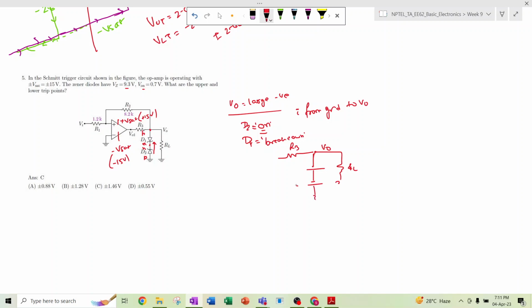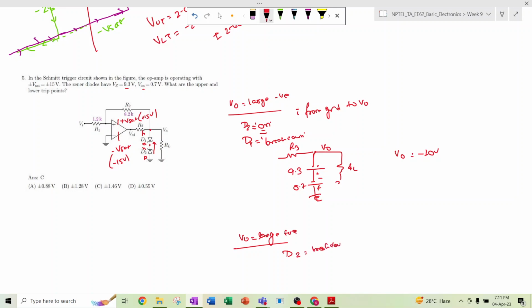Okay, so this is 0.7 volt and this is 9.3 volt. So this is plus, this is minus, this is plus, this is minus, so VO will stick to minus 10 volt. Okay, in the second condition, if VO is large positive, then what happens, the D2 becomes in